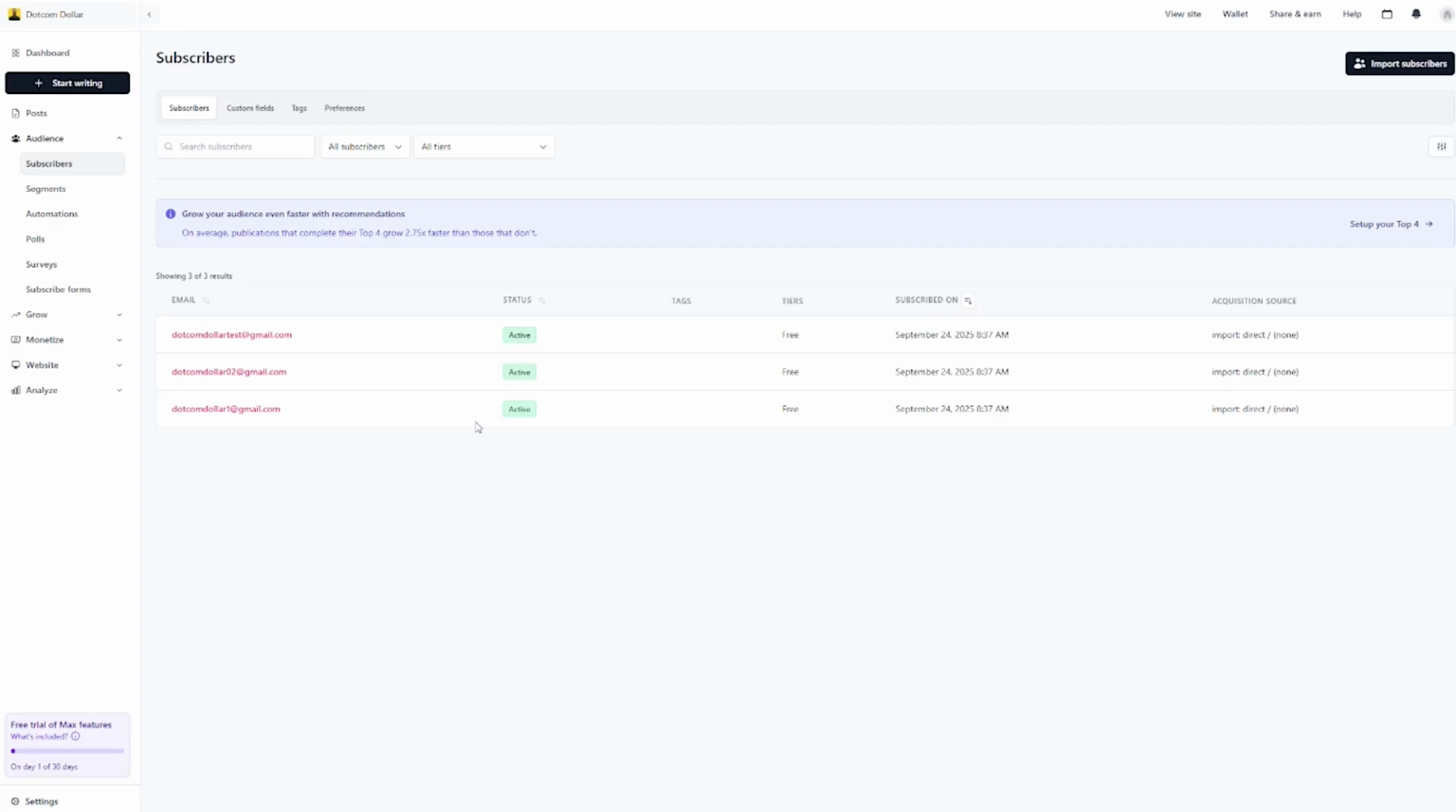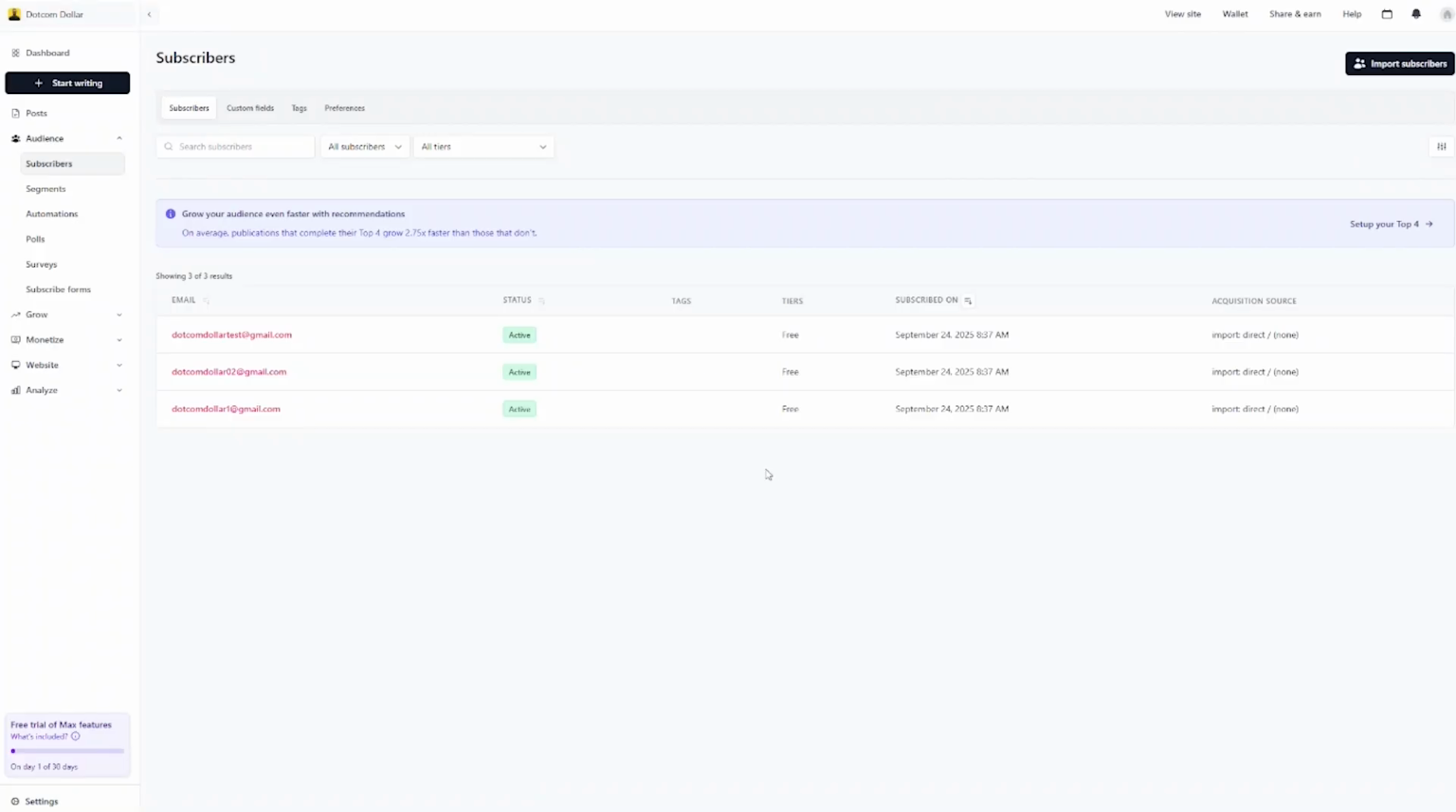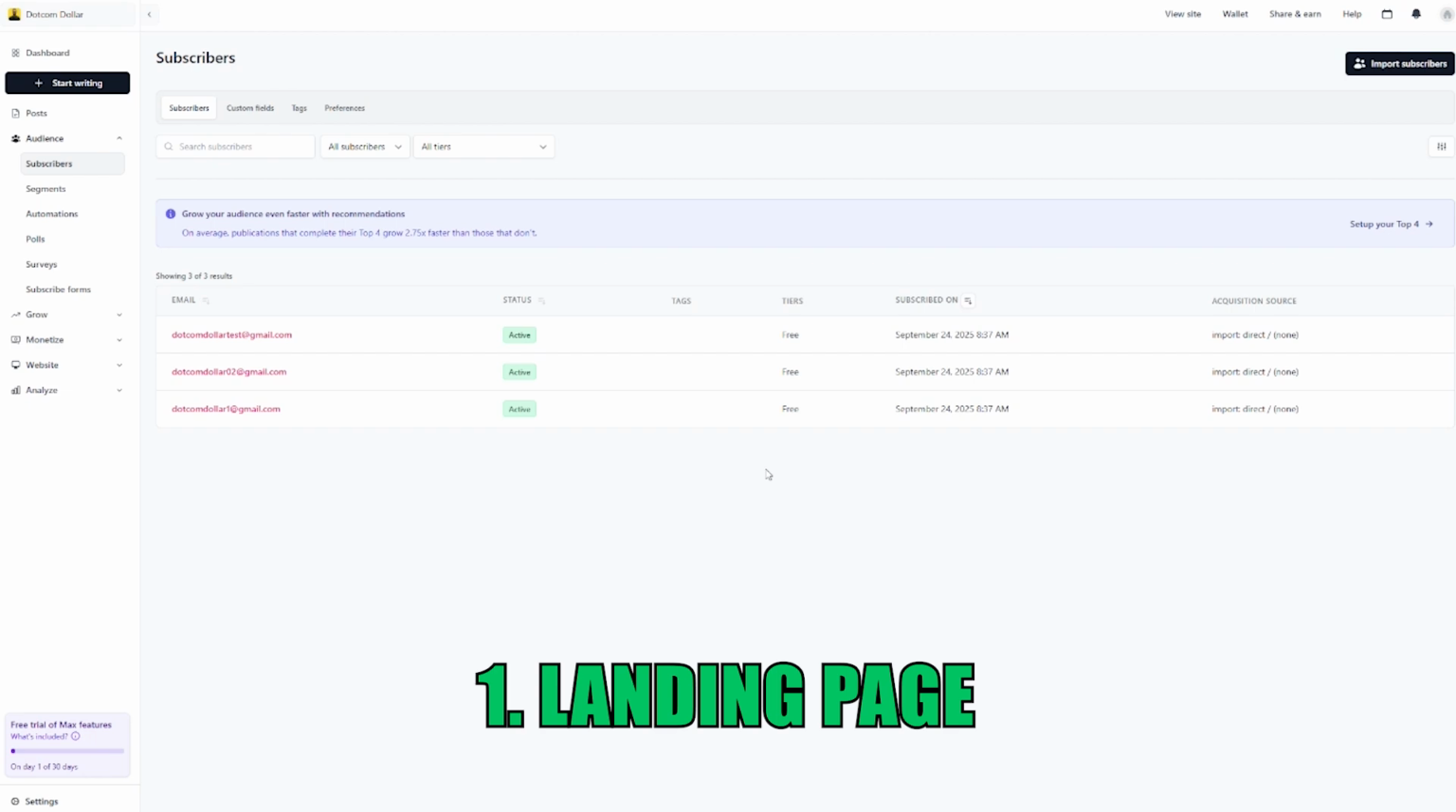And there's my 3 contacts that have been imported. Now the next step is to set up a process to collect your subscribers' email. And there's 2 ways of doing this. The first method is to set up a landing page, which is hosted by Beehiiv, so you won't need your